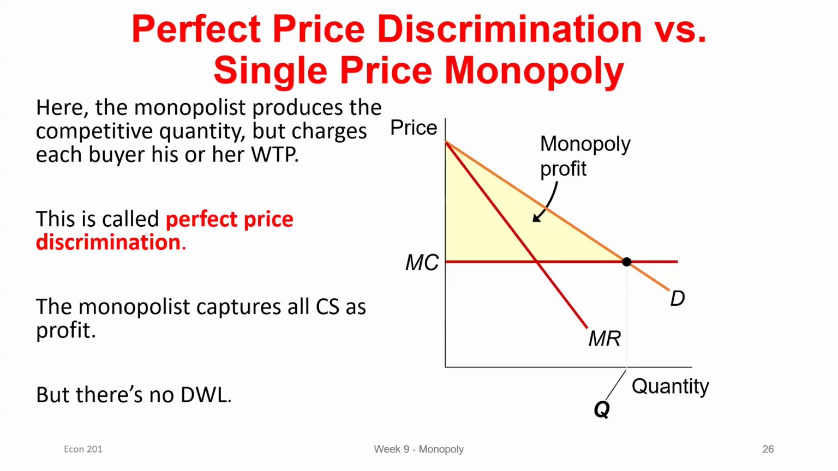So if you were kind of drawing out what perfect price discrimination looks like, if I had instead increasing marginal costs, I've got my demand curve. We'll compare this to a single price monopolist. So the single price monopolist would be setting marginal revenue equal to marginal cost, going up here, the demand curve